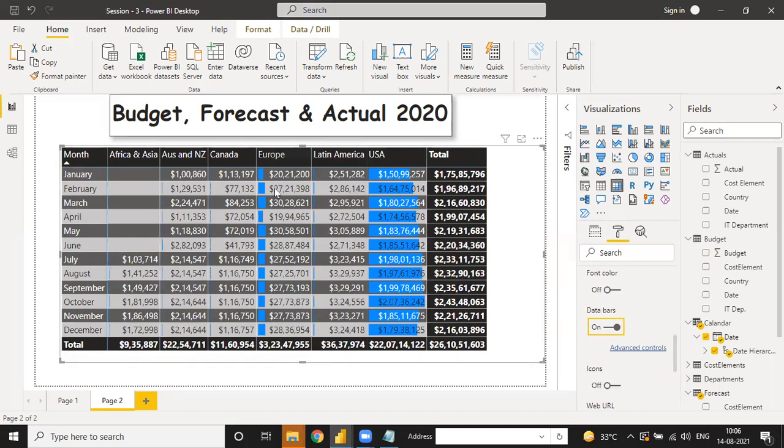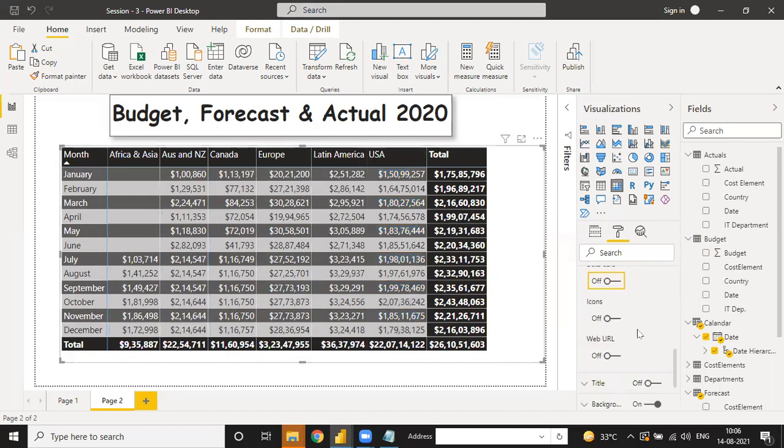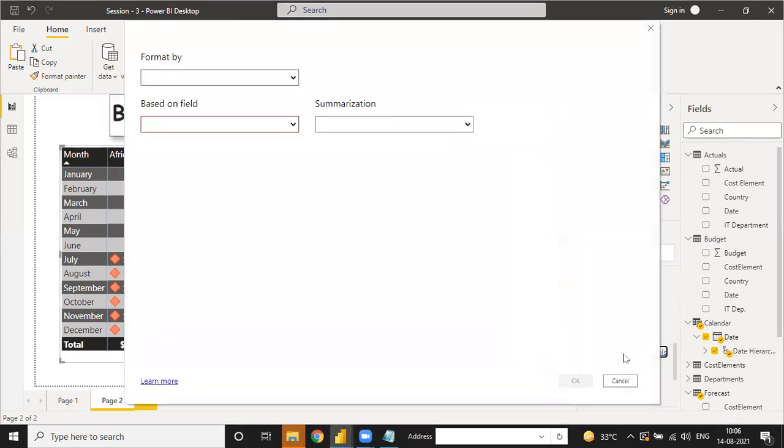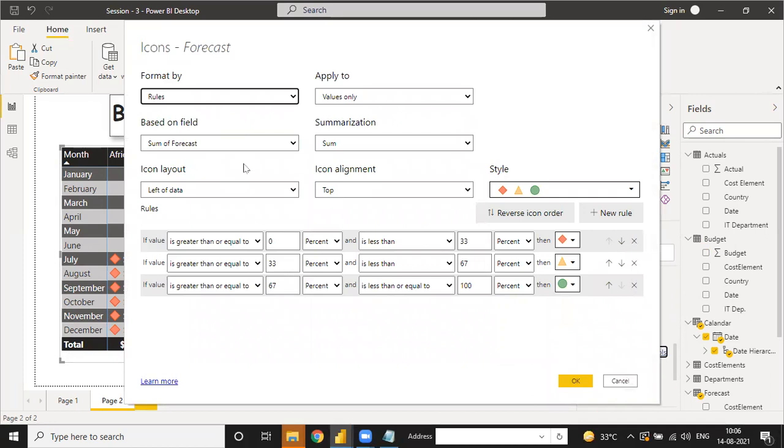Okay, so this kind of conditional formatting we have done with your table. There is one more thing. When you switch over there, there is some advanced control. Suppose go up, and now we have to use the icons. Icons are there also. See, the red icon shows that your data is lesser, and the higher icon shows the higher. So you have one more thing, advanced control. According to the advanced control, you have to choose your data icon.